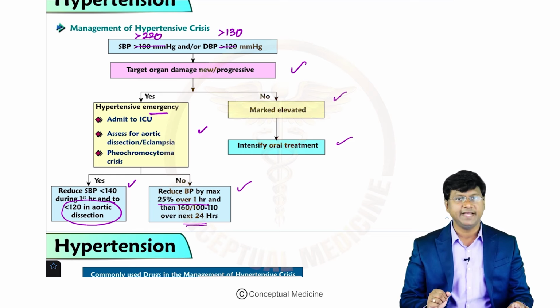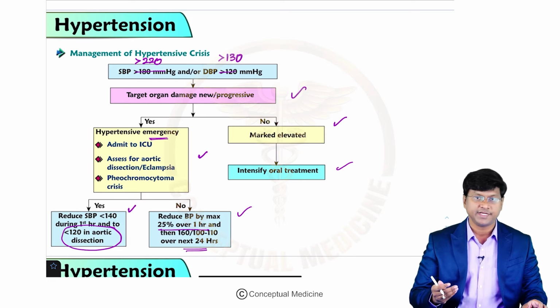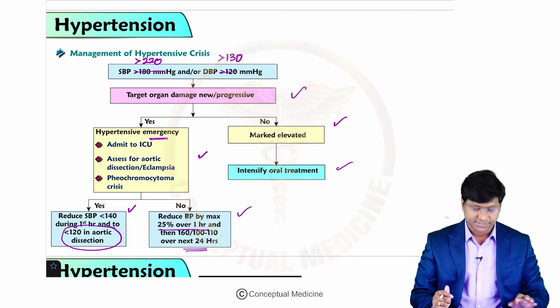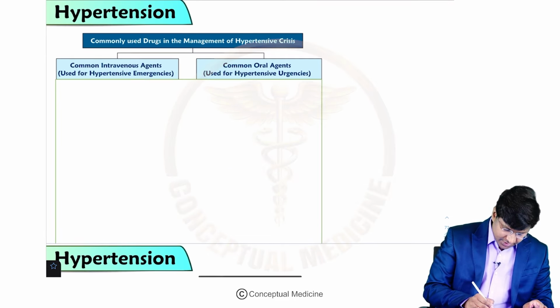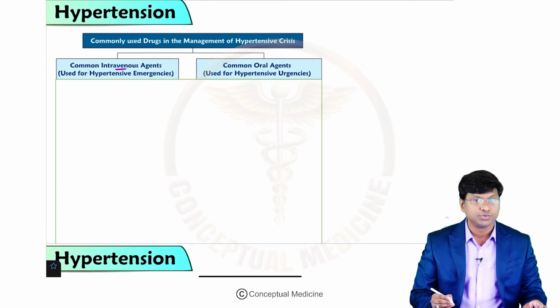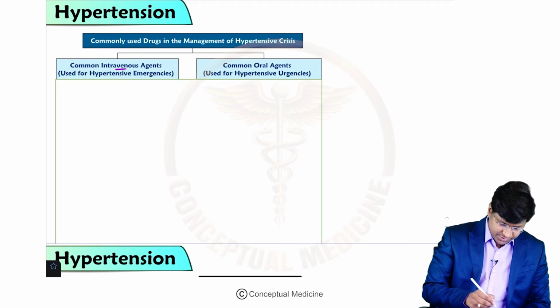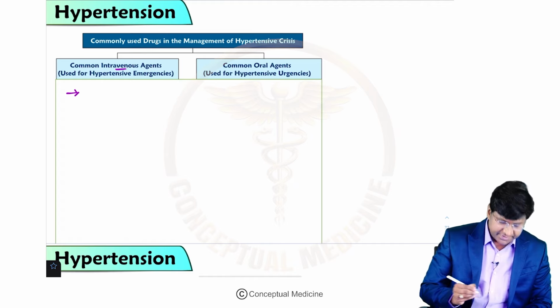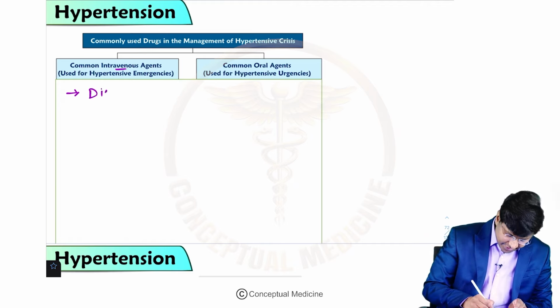So that is about the management of the hypertensive crisis. Now let me discuss the drugs used for the hypertensive emergency as well as the hypertensive urgency. For hypertensive emergency, the drugs we use are given through the intravenous route. So we use intravenous agents. And what are these intravenous agents given for hypertensive emergencies? That includes number 1, diuretics,